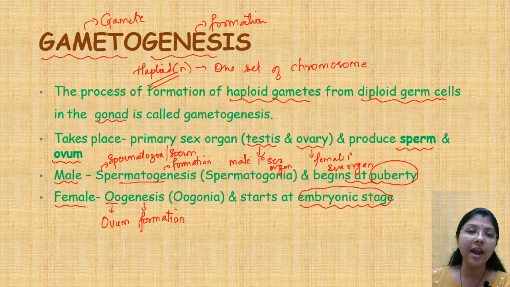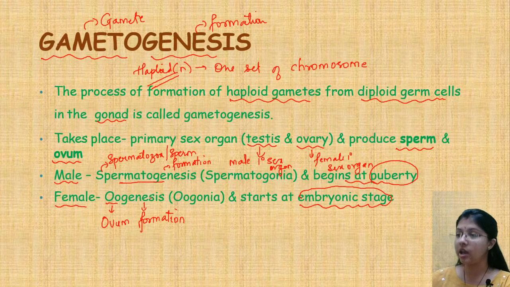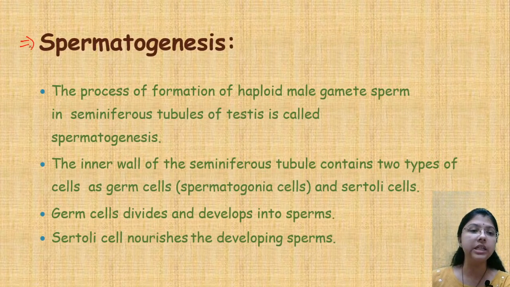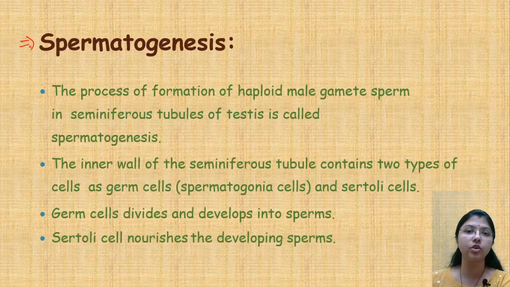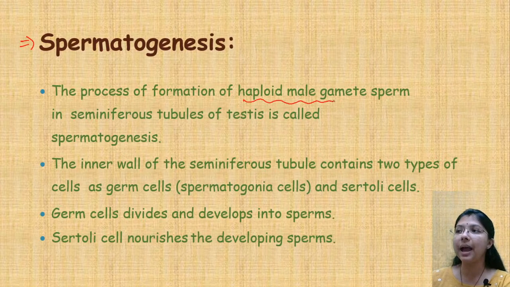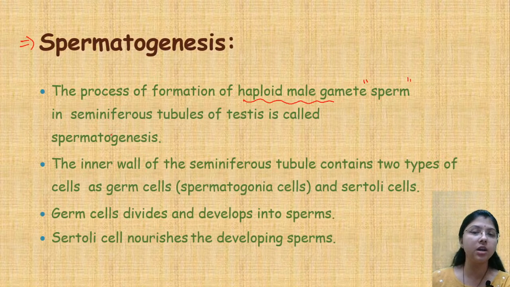Students, please keep in mind all these differences because later on we are also going to discuss the difference between spermatogenesis and oogenesis. Okay. So first we will see about spermatogenesis in detail, how the sperms are formed. Later on we are also going to study the structure of these sperms. Okay, so now as I told you again, the process of formation of the haploid male gamete, that is the sperm, will be termed as